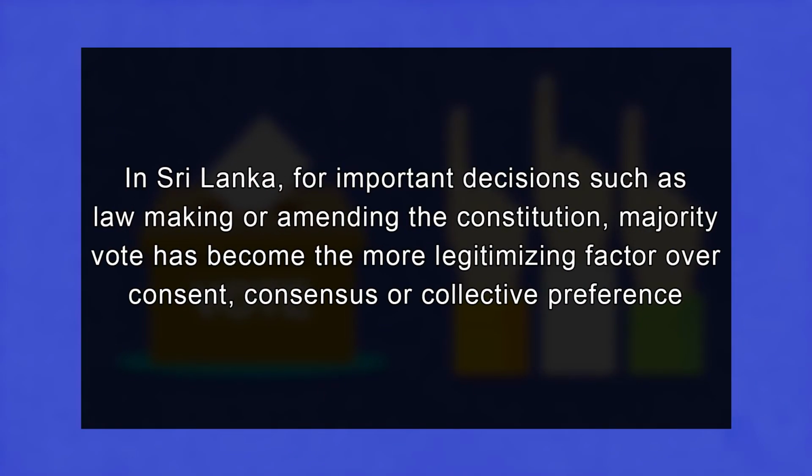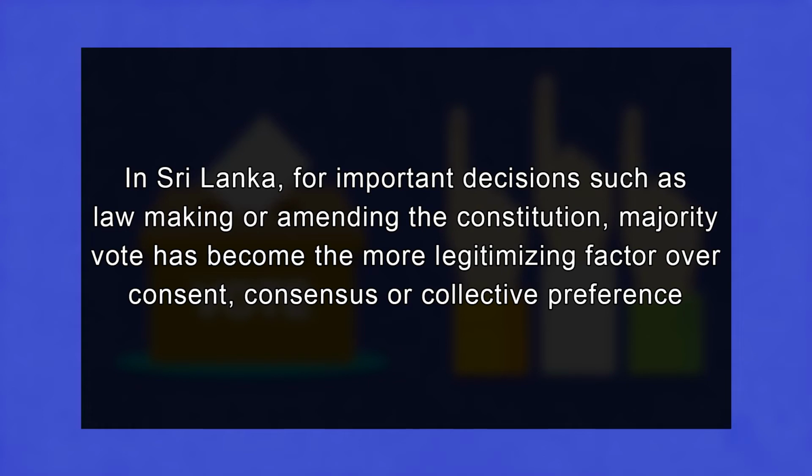On the one hand, the Constitution states that no citizen shall be discriminated against on the grounds of religion. On the other hand, it places Buddhism above the rest. Majoritarianism would have it that some citizens are more equal than others. For important decisions such as lawmaking or amending the Constitution, majority vote has become the more legitimizing factor over consent,